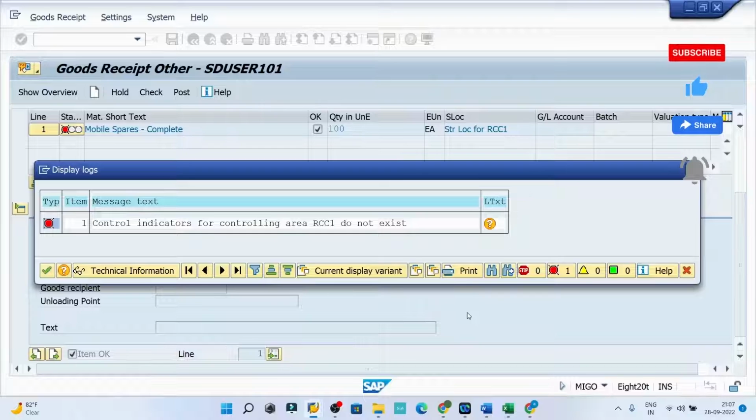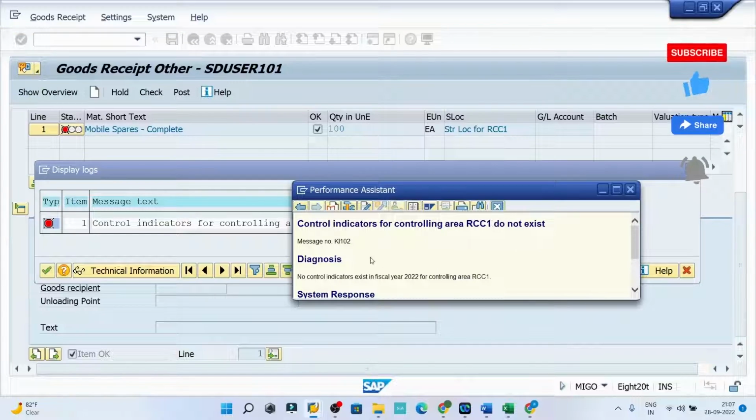Now there is another error on your screen, and the error is: control indicators for controlling area RCC1 do not exist. And if I go for the long text, then I can see the error code is KI102. It is absolutely clear from the error message itself that there is something missing for the controlling